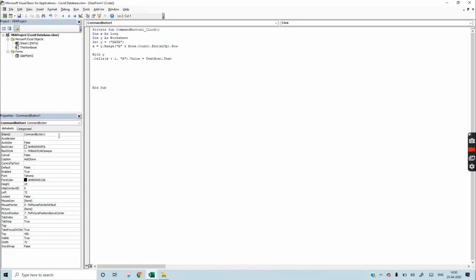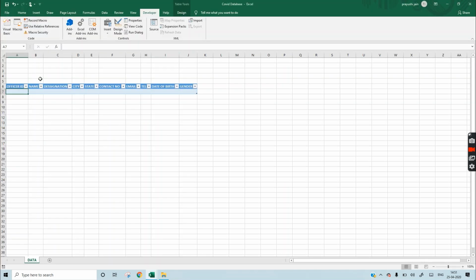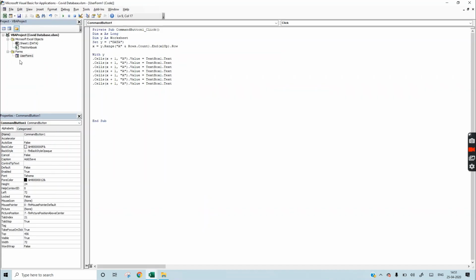Similarly, we will do it for the other text boxes. So what we will do, we will copy. We will go one by one. For column B, it is name.